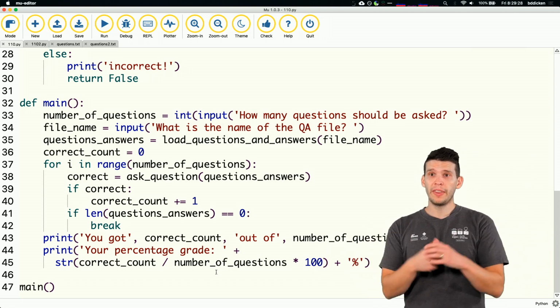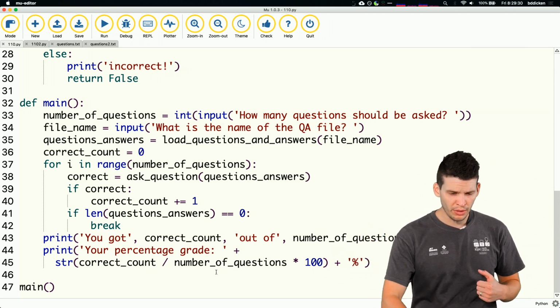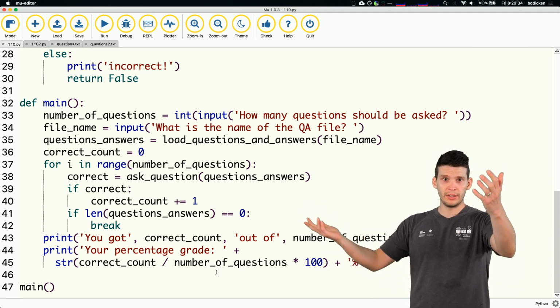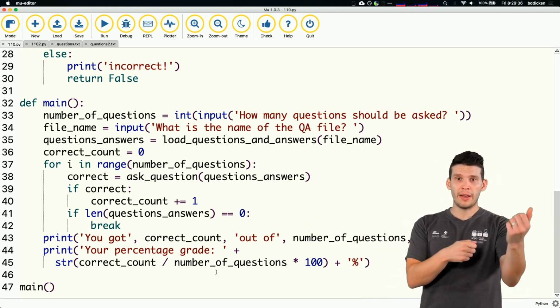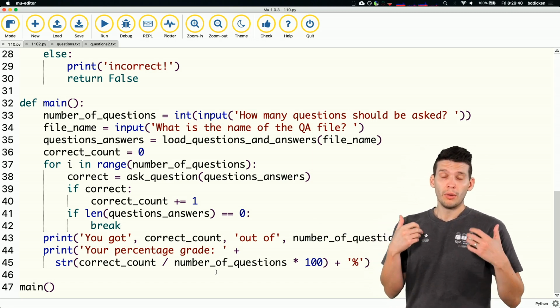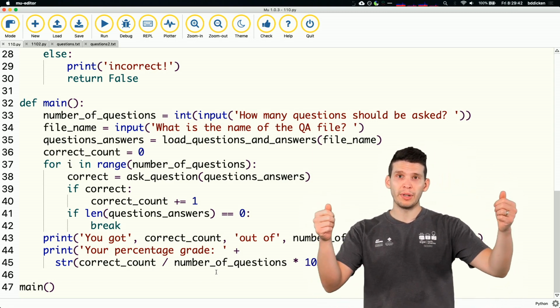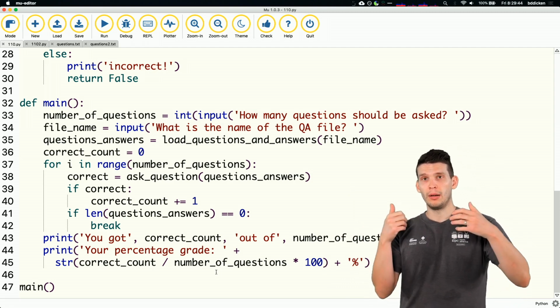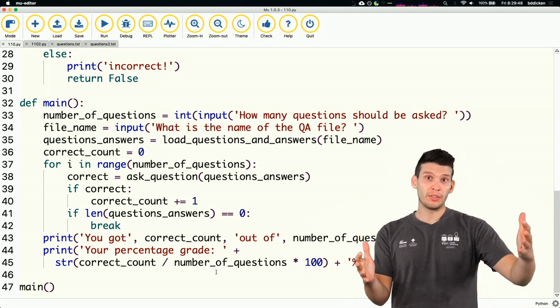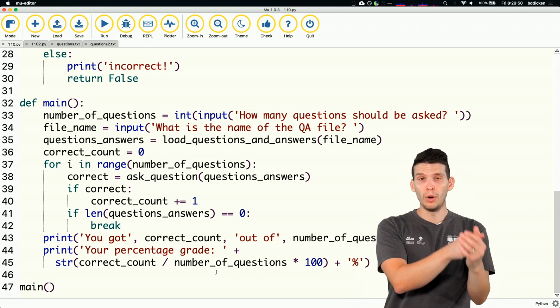But anyway, hopefully that example was helpful to show you a practical application for using dictionaries, right? One example of where you could use it is having this mapping between questions and answers, right? That's what dictionaries are really good for, when you have some kind of associativity. For example, questions have answers, right? So if you have an associative mapping like that, a one-to-one mapping,